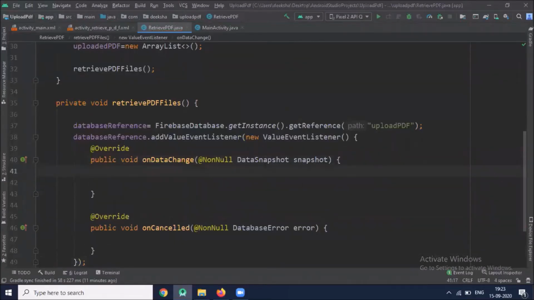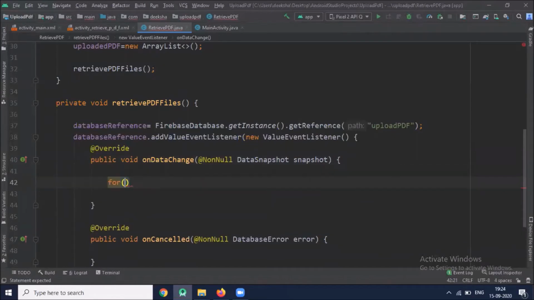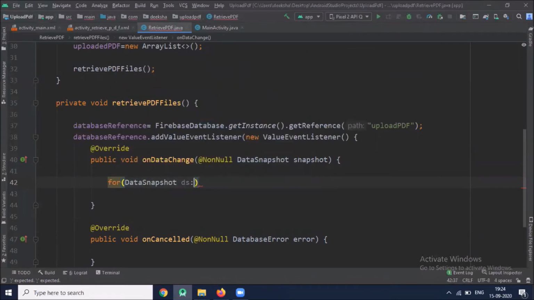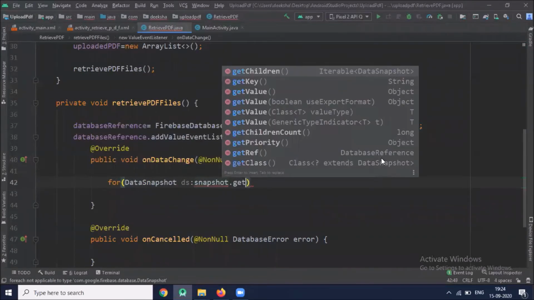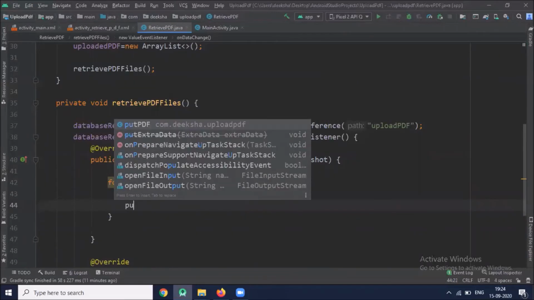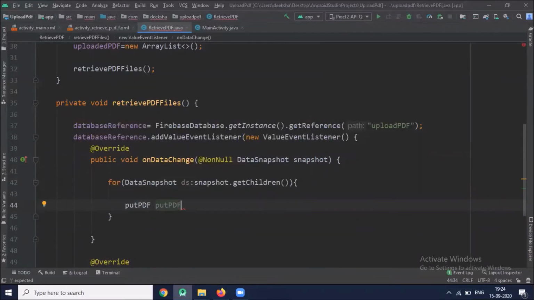Now inside the onDataChange method, we create one for loop, and this for loop will help us to retrieve all the PDF files from Firebase. Here we get the data by using the putPDF class.